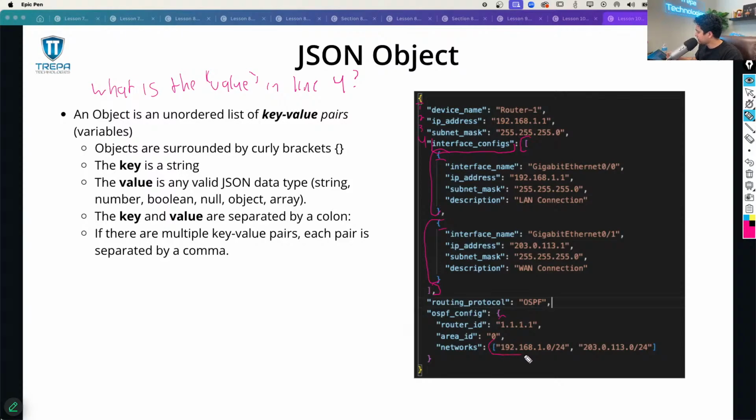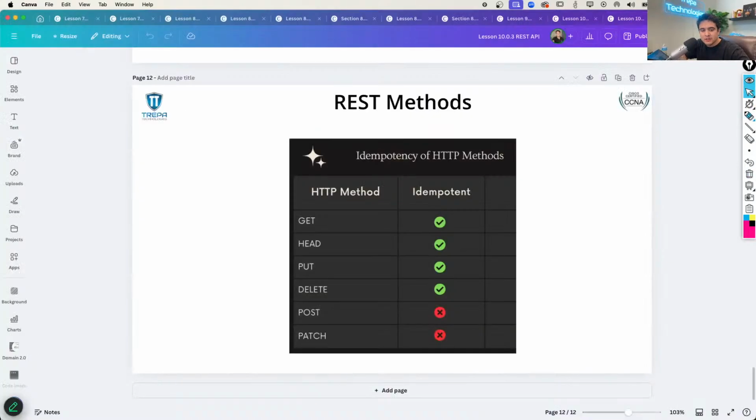Now down here, you're maybe wondering, is that an array? That's a list. So a list is a bunch of strings. It's a little confusing there. I need a new example here because that throws people off because they're like, that's an array. It's actually a list. So that key value pair, the key networks, the value is a list of strings. Anyways. Okay. So that's how we interpret JSON. You need to understand how to interpret JSON for the exam. Now, to finish this off,